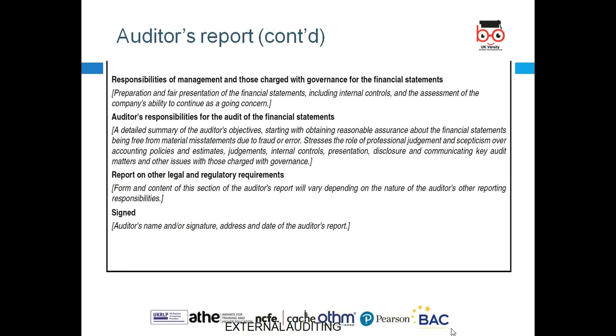Next, we have auditor responsibility. Management and those charged with governance prepare the financial statements. The auditor's responsibility is to give a true and fair view about these statements. They detect fraud if there is any. They look around the invoices. They have a right to look around the processes. They look at governance, the environment, whether the company is polluting or not. All of this should be in the financial statements, and external auditors have to sign the report as well.